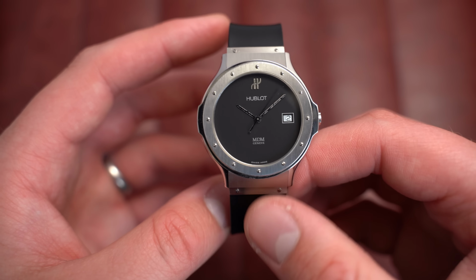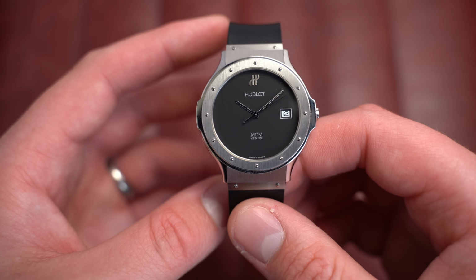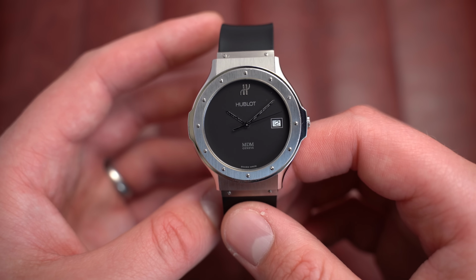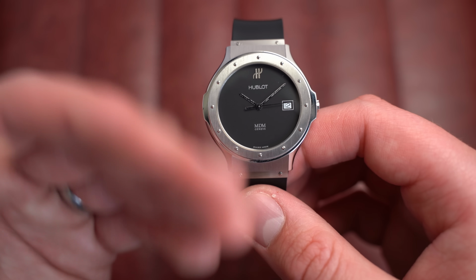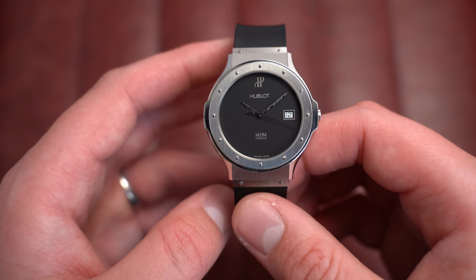But you've got date over there at 3 o'clock, nice sword hands, which have corroded a little bit. In certain lights it's more visible than others, but I have to be honest, actually on wrist it's not really that noticeable. Nice matte black dial, and this is a reference 1521 powered by a quartz ETA